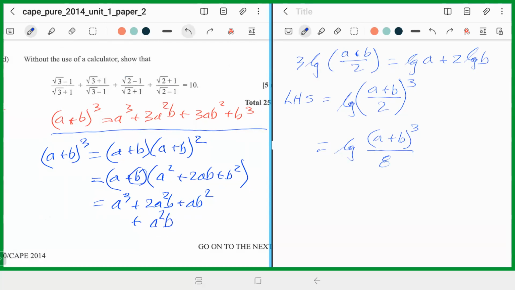And then b times this, I'm going to get 2ab squared, plus 2ab squared. This times this, I'm going to get b cubed. When I add it all up, a cubed